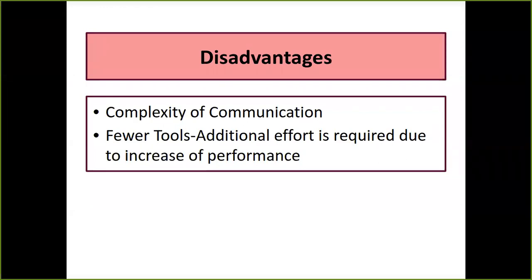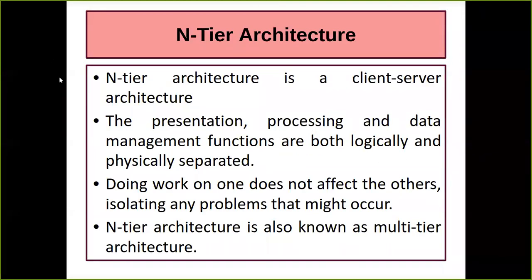So this was all about your one tier, two tier, and three tier architecture. When I talk about the last type of tier architecture, that is your n tier architecture, it is also known as client server architecture. Now this N means what? You can consider it as four tier. Any application can have five tier architecture also, any application can have six tier also, so that's why it is written as n tier architecture, and it is also known as client server architecture.